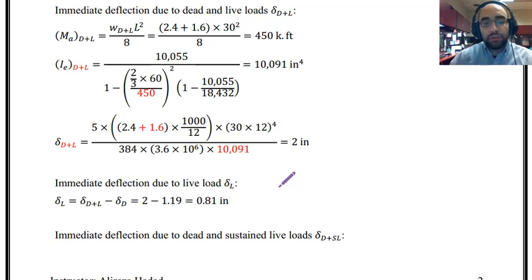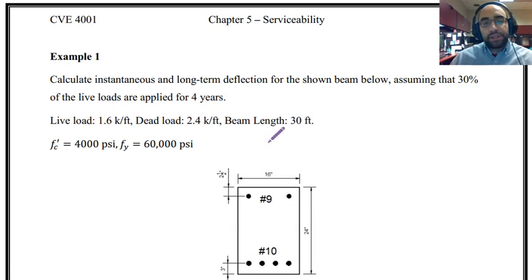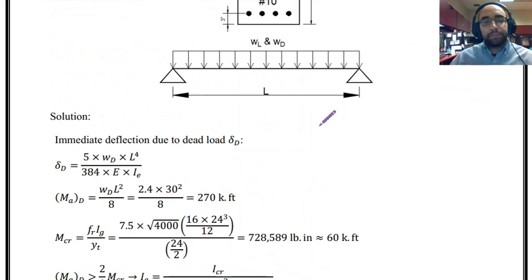Now that we have this value, I can answer one of the questions. It said calculate instantaneous and long-term deflection. So far we could calculate the instantaneous deflections, dead load, live load, and now I can look at the long-term deflection, assuming 30% of the live load is applied over